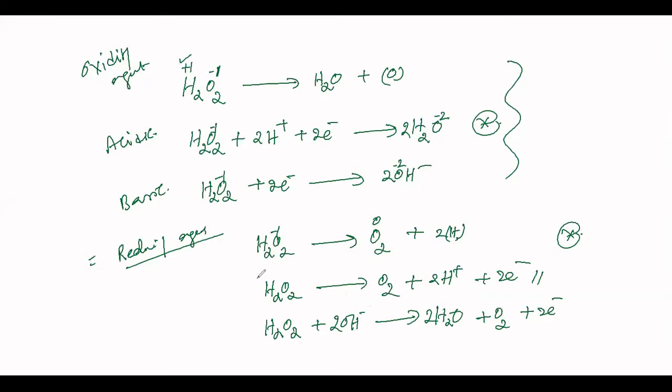Whenever H2O2 acts as a reducing agent, it has to get oxidized. Which part of it can be oxidized? Only oxygen, -1. Hydrogen has +1 oxidation state, so it can only be reduced. Oxygen, because it is present in the -1 oxidation state, can be oxidized. In fact, it can be reduced also. Right? Shall I rub it off?